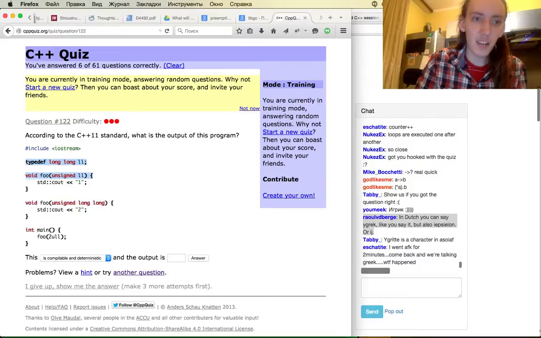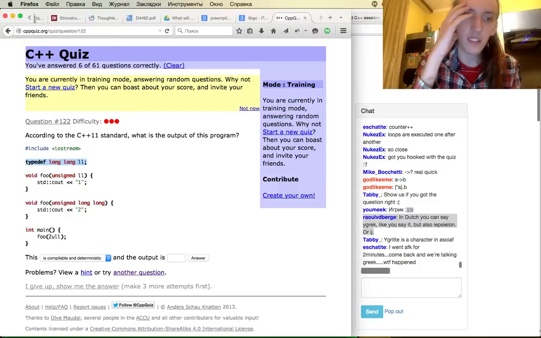So there is typedef long long ll and unsigned ll, and there is holy shit. So